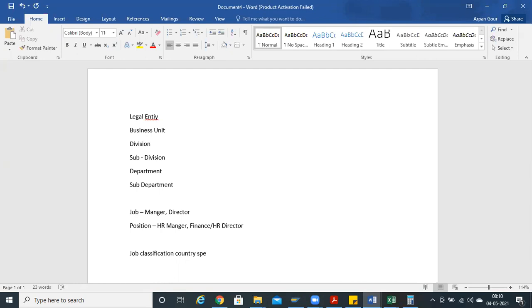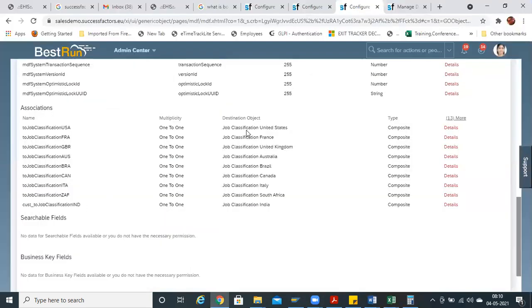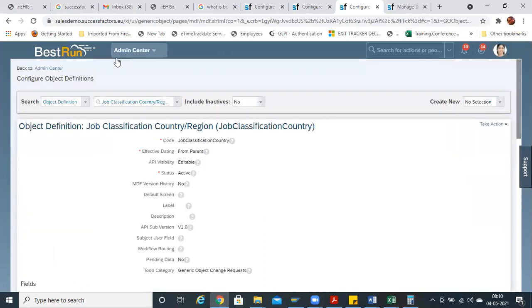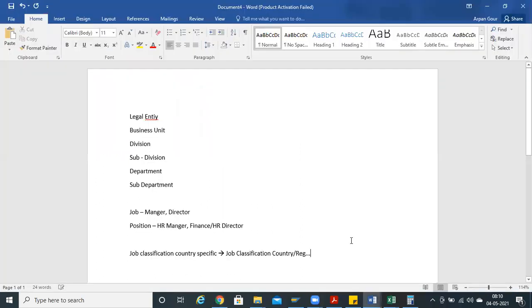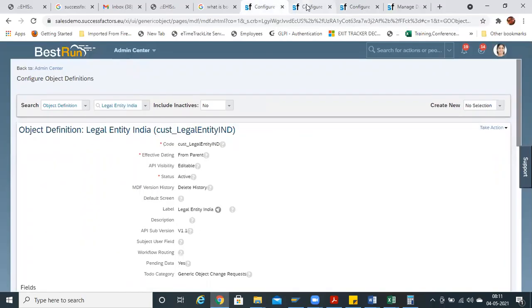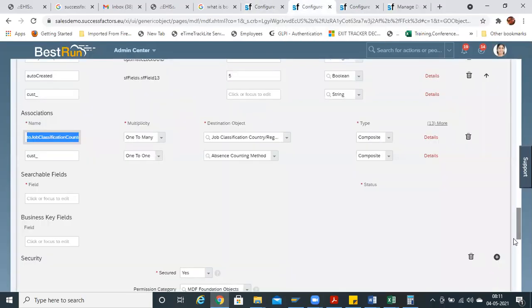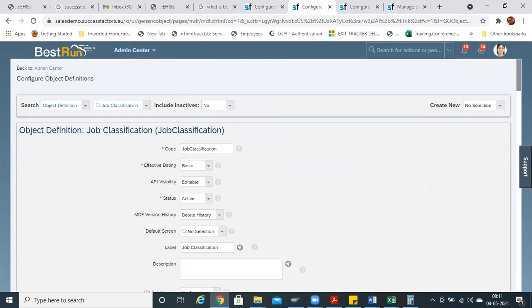Okay, now where is this linked to? It is linked to job classification country or region. And then where is that linked to? It is linked to the job classification main object, job classification.